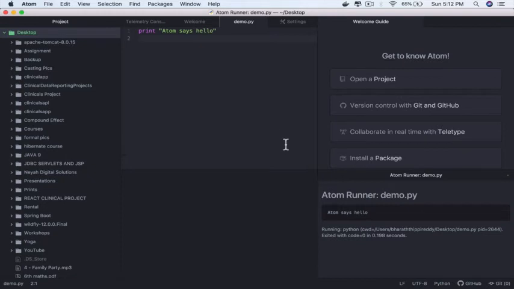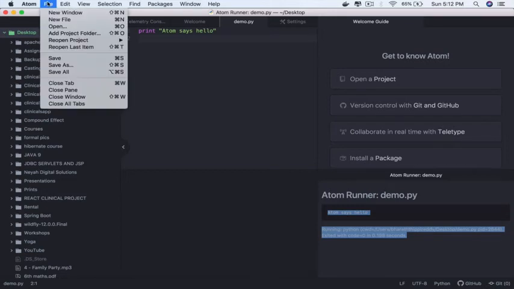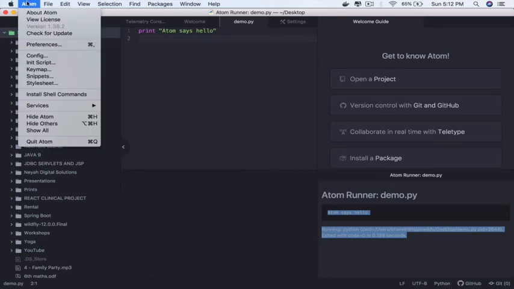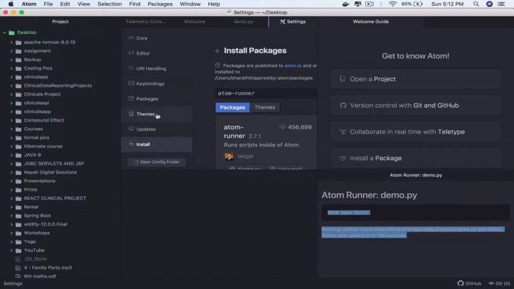On Windows, Atom should automatically pick up the latest Python version. But on Mac, if you have any problems with the Python version that Atom is using, you can go to Atom right here, go to Preferences, and within Preferences, you can change the Python version by going to Open Config Folder.